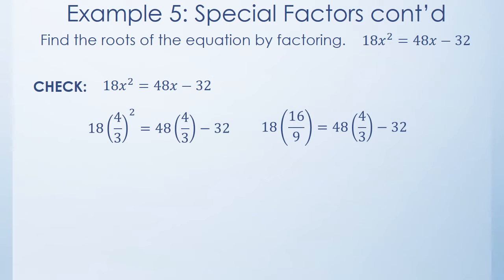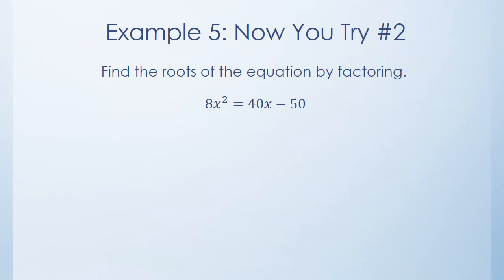All right. So plug 4/3 in wherever there was an x. Remember, when you're squaring a fraction, square the top, square the bottom. Okay? That gives you 16 over 9. Do yours. Do the math from there. Use a calculator, use your brain, whatever works the best. All right? You get 32 equals